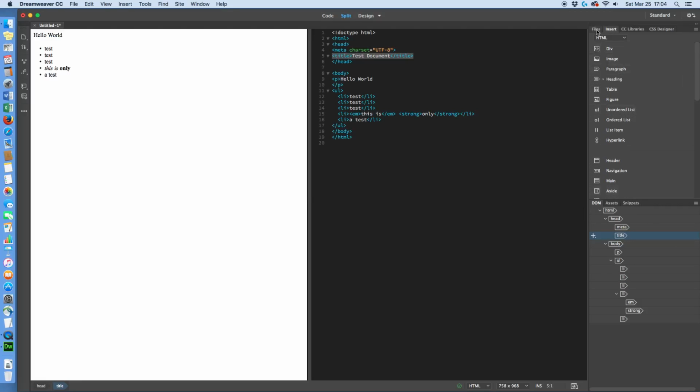Assets and snippets we'll talk about later. Files, if you want to bring in any files from your computer, you can go here, or you can choose where else you might want to bring it in from, say, your hard drive, or the network, wherever. There's also CSS Designer if you're working with CSS. We'll get into that later. CC Libraries, if you have any assets in the Creative Cloud, or the Insert menu. The Insert menu is fairly